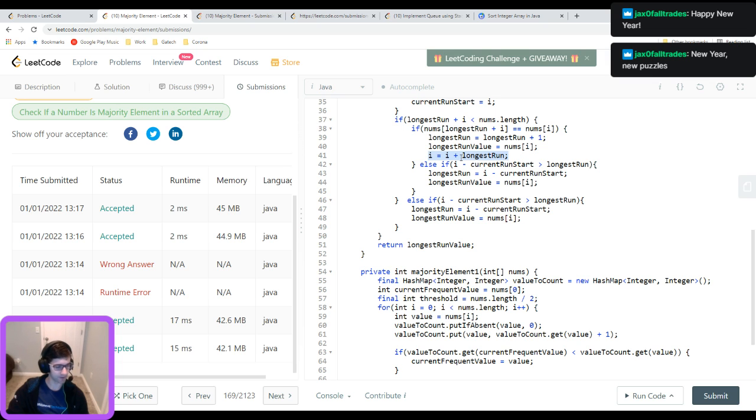And I could come back from that longest run to find a new I. I know that it's not going to be a new longest run, but I need to find the best start or the start of the next new number. So I could pick that number and